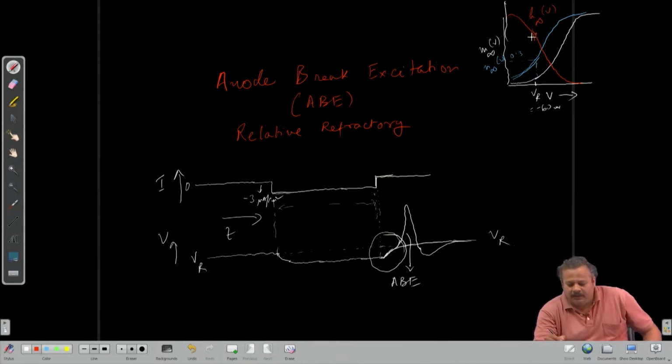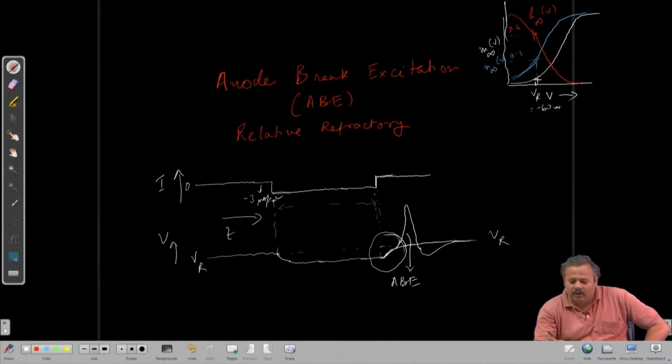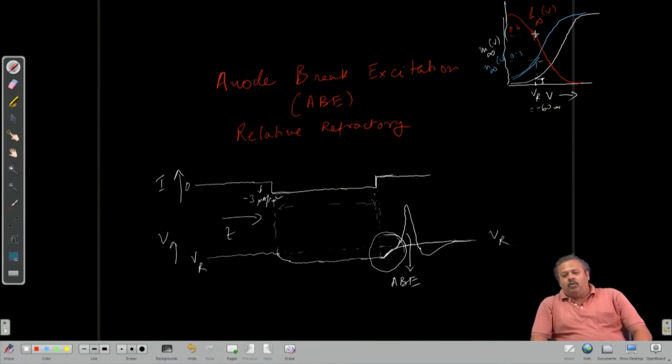So, this value here is about 0.6. When the neuron is at rest, our M values are very small, about 0.1 or so, or even less. Our N values are around 0.3 here, and H is around 0.6. So, these values of M, N and H essentially imply a certain probability of sodium channels and potassium channels